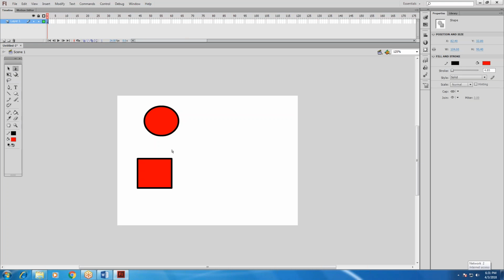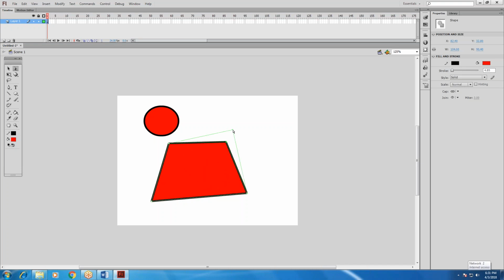Next one, the subselection tool. Subselection means if you click, anchor points come up and you can adjust like this. In a circle also we can adjust.